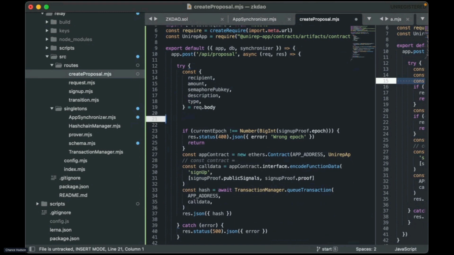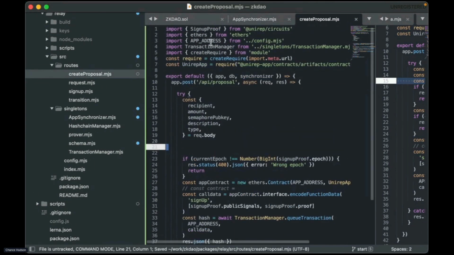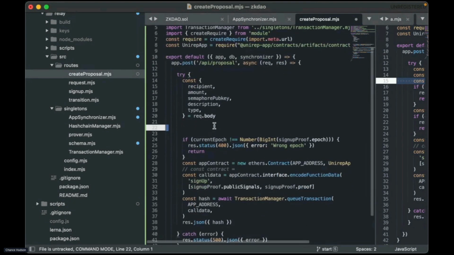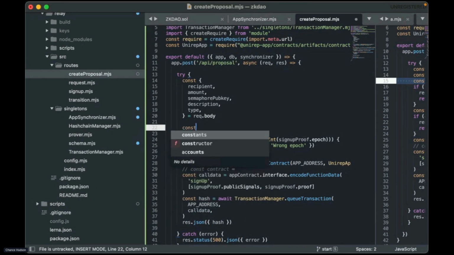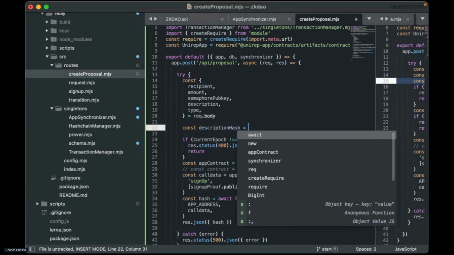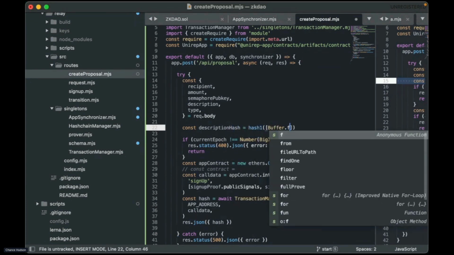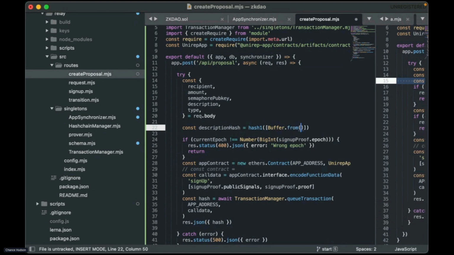So now we need to go from description to description hash. We'll import the hash function from UniRep/utils. This is the Poseidon hash function, which we use in all of our proofs because it's very ZK efficient. We'll do description hash. The downside is you have to serialize this stuff really specifically.